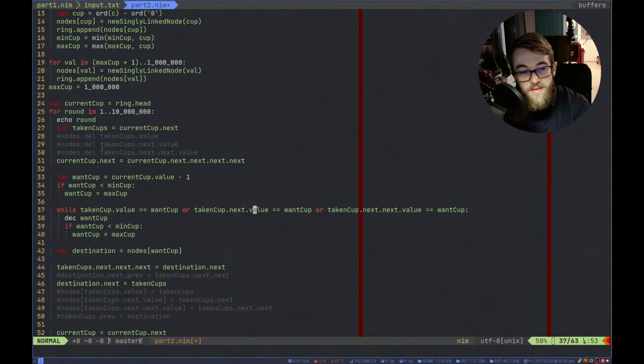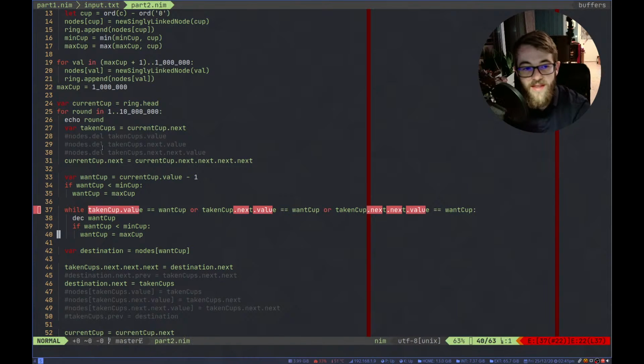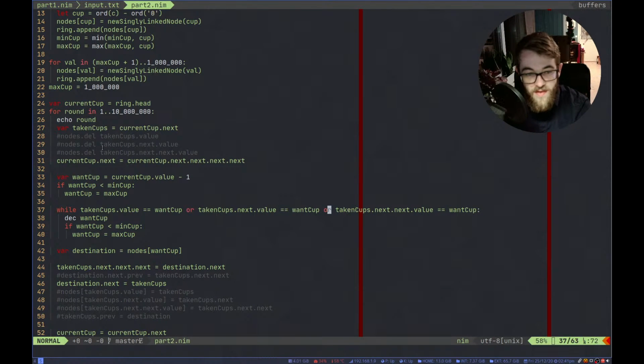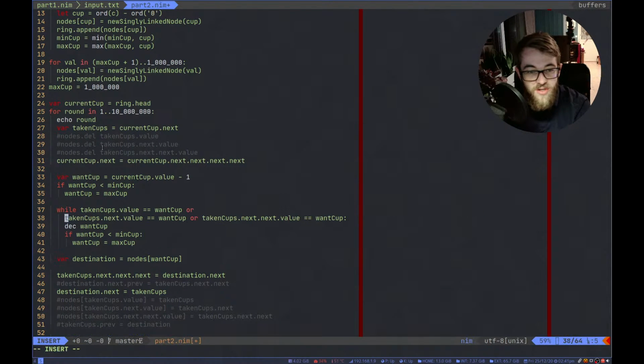So basically, if the cup that we want to get is one of the ones that we have taken out, then we update the want cup. So instead of actually updating the table by taking stuff out and putting stuff in, oh, that's taking cups. So instead of updating the table, taking stuff in and out of the table and updating that data structure,